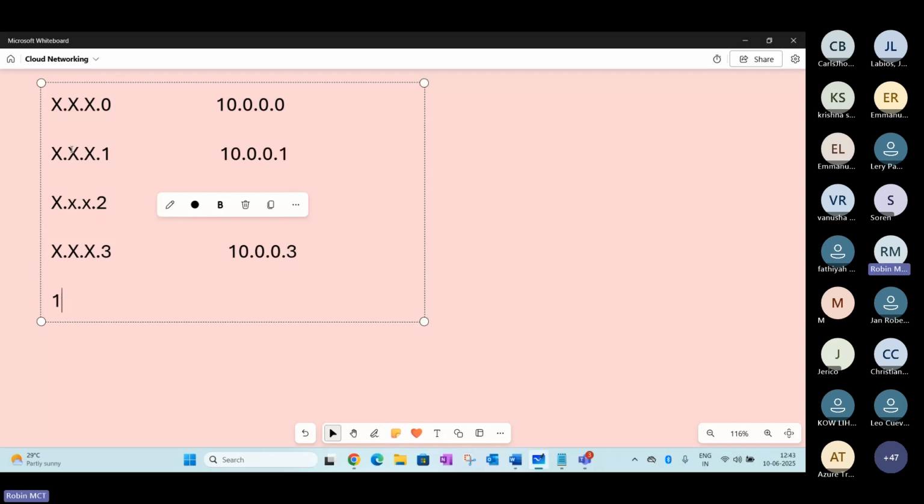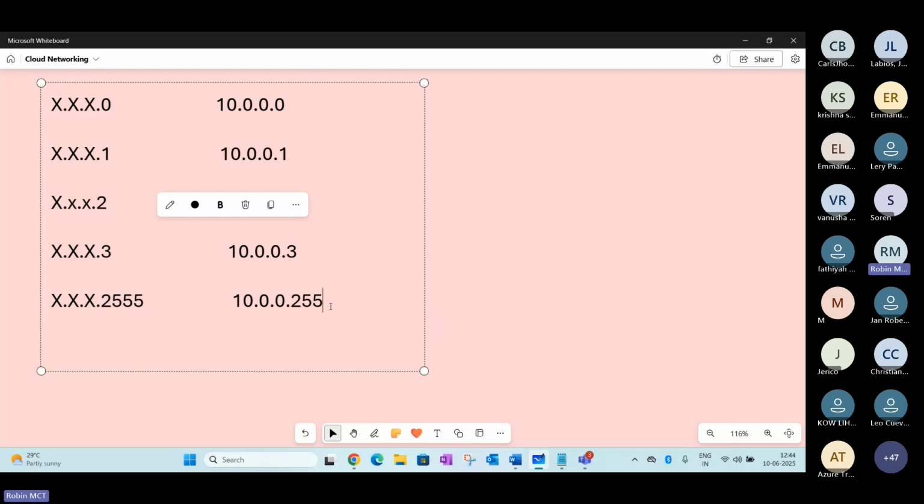Similarly, x.x.x.255, in the current scenario 10.0.0.255, is missing. So these are all known as reserved IP addresses.